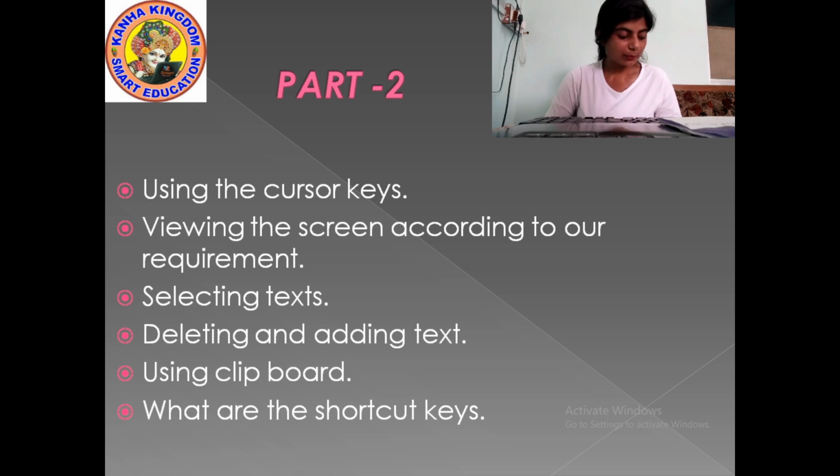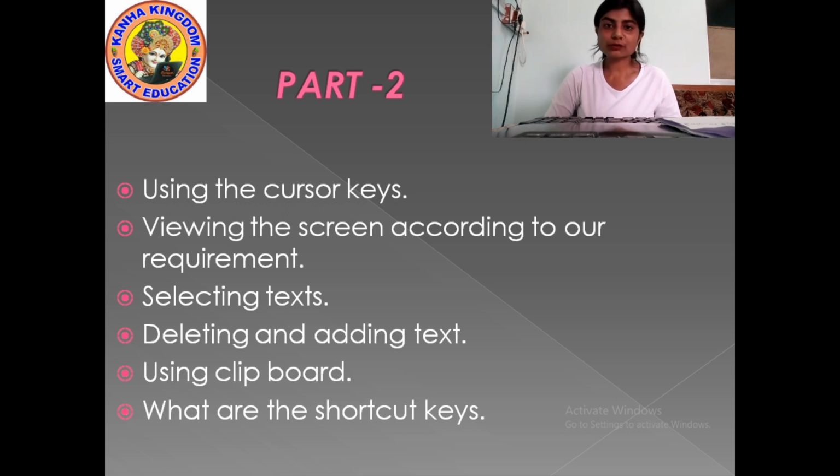This Home key moves the cursor to the beginning of the current line, and the End key moves the cursor to the end of the current line.